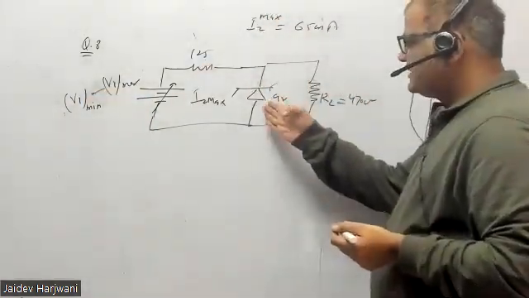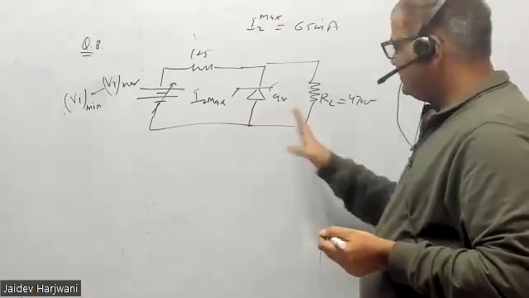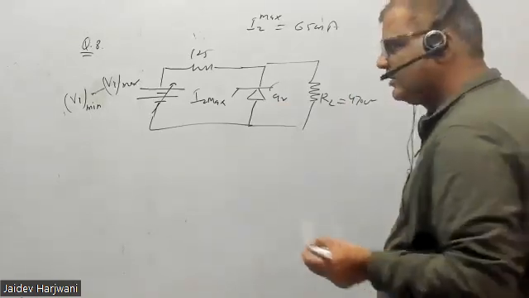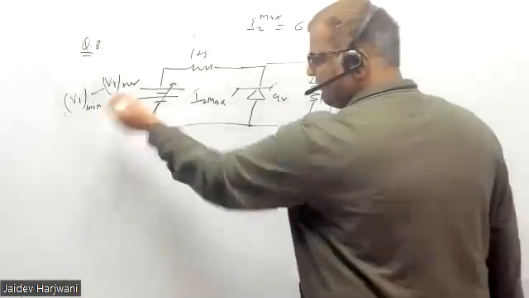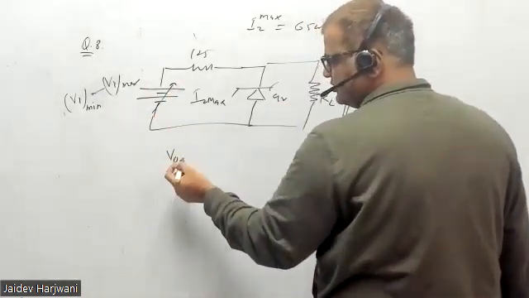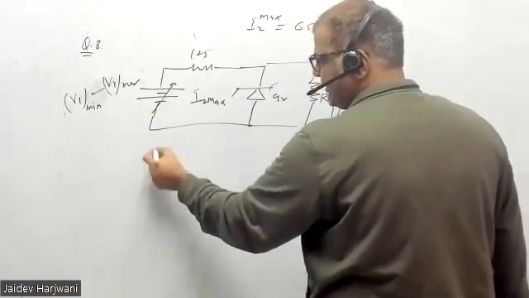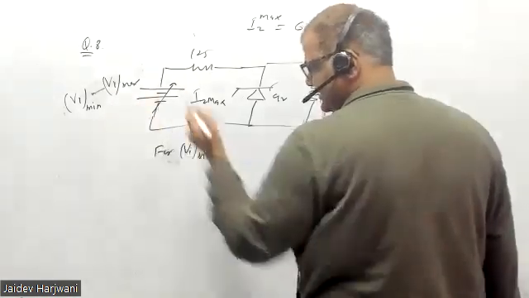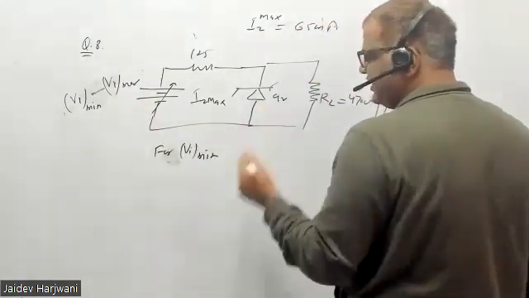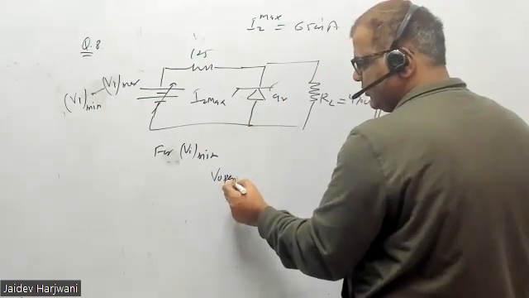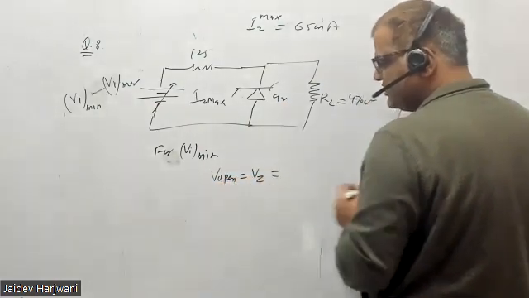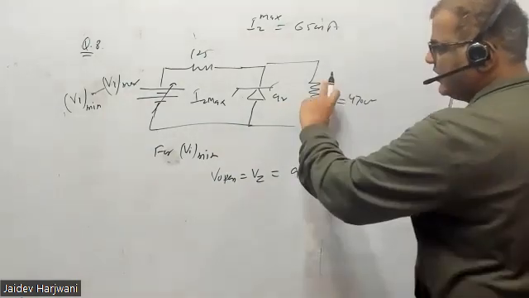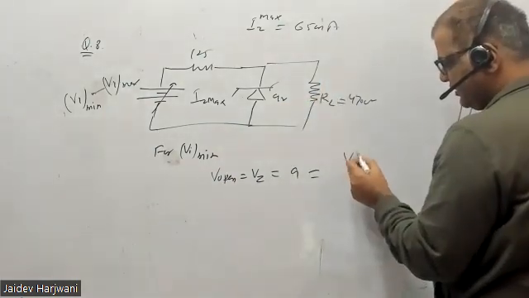So if you want to make this diode conduct, the voltage of course should be equal to at least 9 volt. So for the minimum value, this power supply should be such that it gives at least 9 volt here. So your V open should be at least equal to VZ, which is 9 volt. And V open is your V minimum